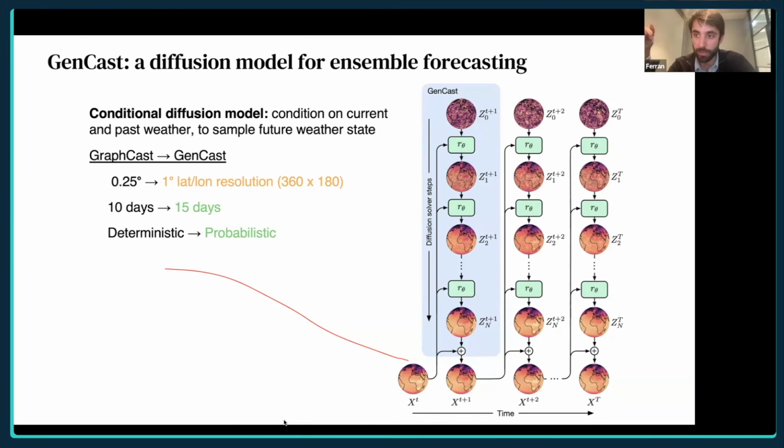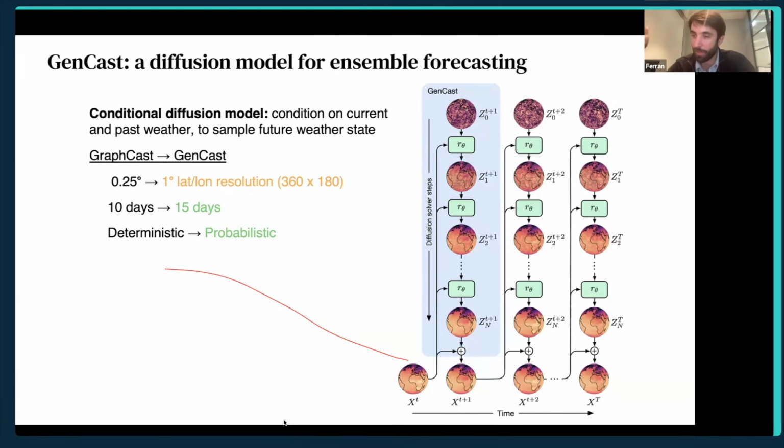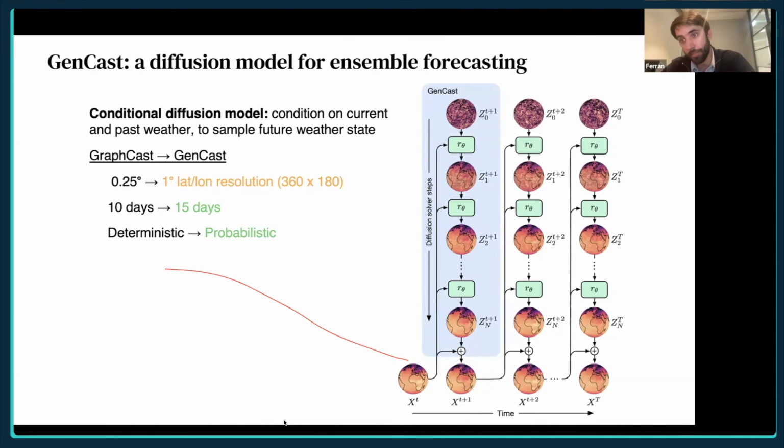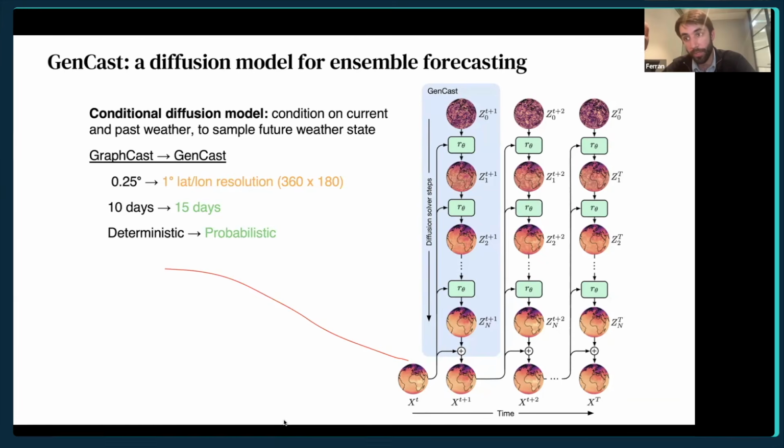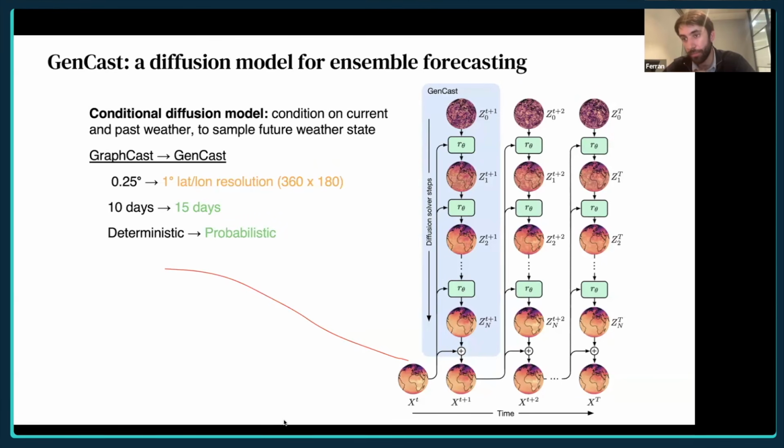One nice thing about this that I didn't talk about is really the physics models take an entire data center 2 or 3 hours to predict the weather. So because we can make predictions in a matter of minutes, really we can generate many more predictions compared to physics models. So that's also going to be an advantage of machine learning.